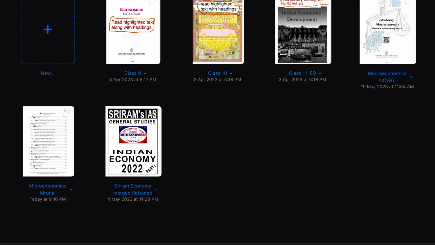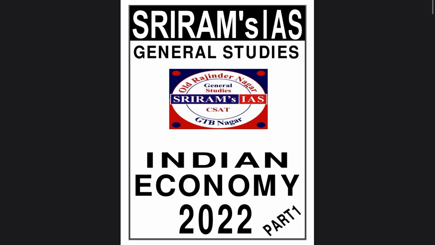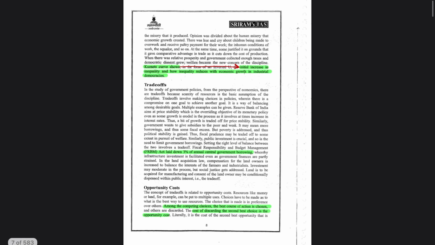And then we have this again very important standard book, that is Sriram's printed notes. Now Sriram's economy material is in two forms. First, it is in the form of a proper book, and I went through the reviews of this book and it was not really up to my expectations. So you can just read the reviews on Amazon, maybe it might help. But what I personally went through was the Sriram IAS PDF notes. So these are his handwritten notes.